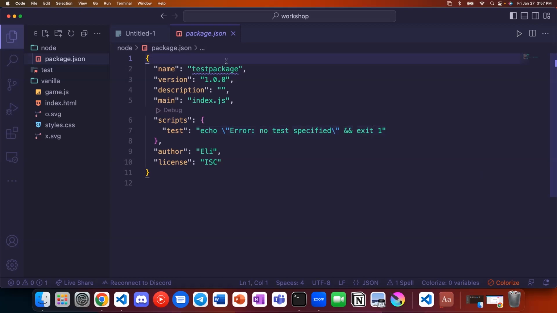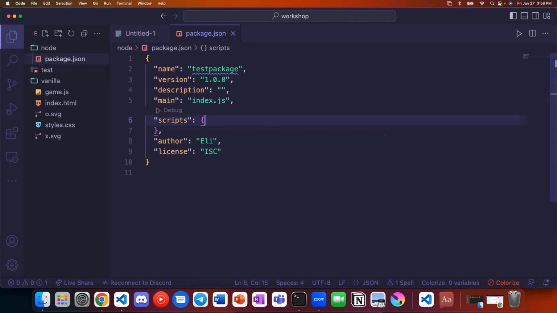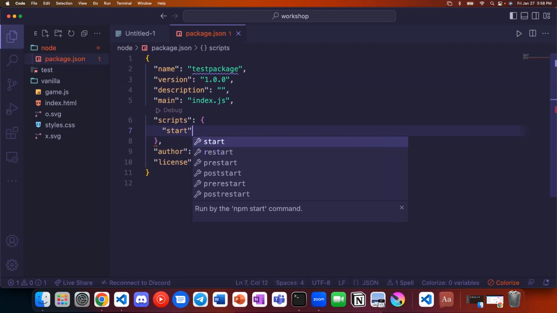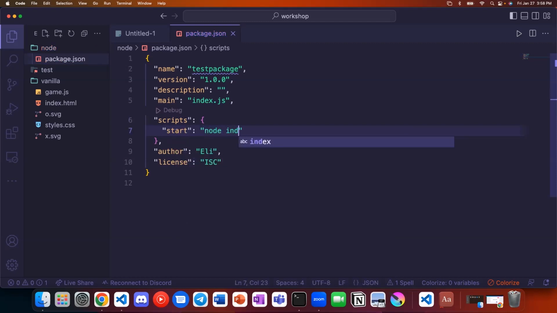So you have the name of our project, version, description. Main means like, where does it start? We have scripts which specify how we're actually going to start running it. Right now, there's no useful scripts in here. This does absolutely nothing, but we can create a start script. We can say node index.js.